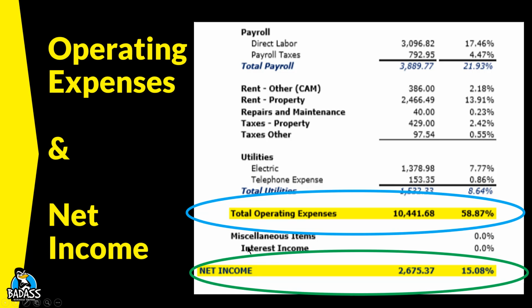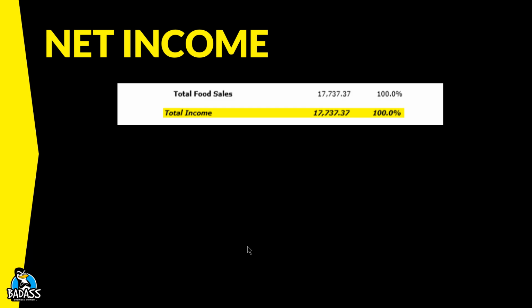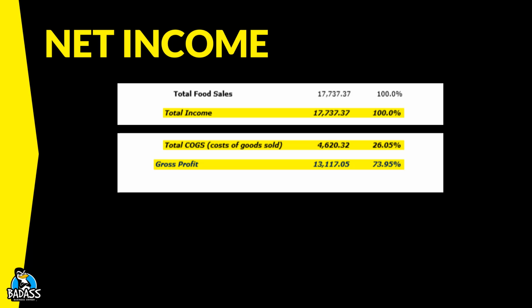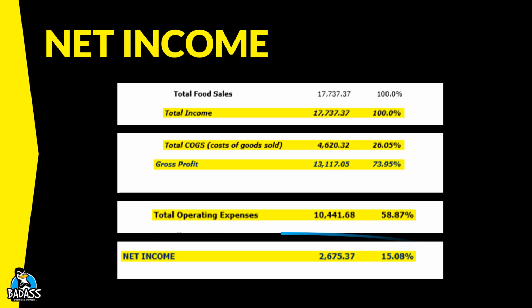All right. Now, just to go over this really quick, just as a highlight, so you see them all together because it's kind of hard since it broke it up. We start off with our total income of $17,000. Then from there, we took away our cost of goods sold, and then we got to our gross profit. So our 17 minus our 4 6 got us down to 13. From there, we took off our operating expenses, which remember was 10,000. And from there, we would take taxes, but then we would get down to the net income, the final line of